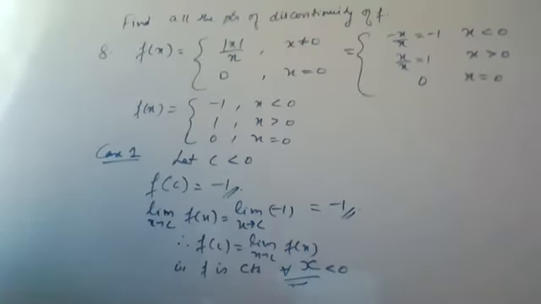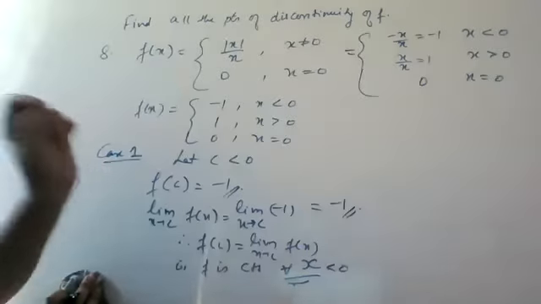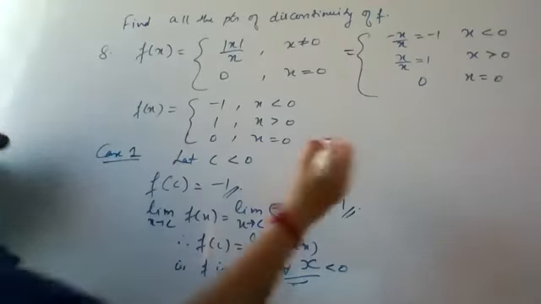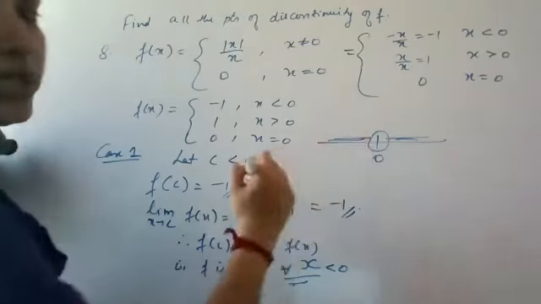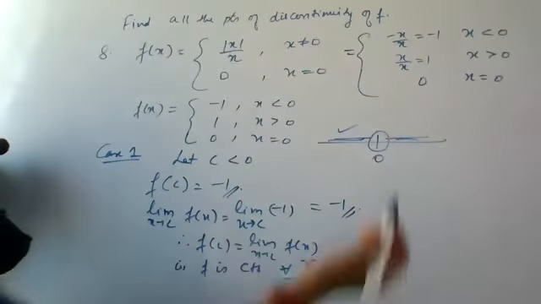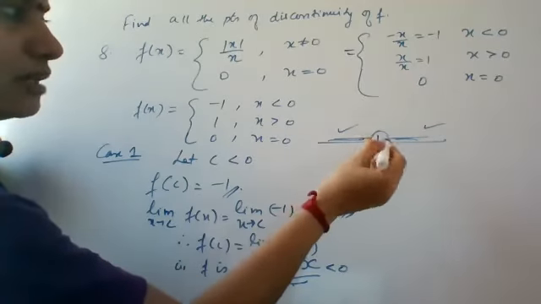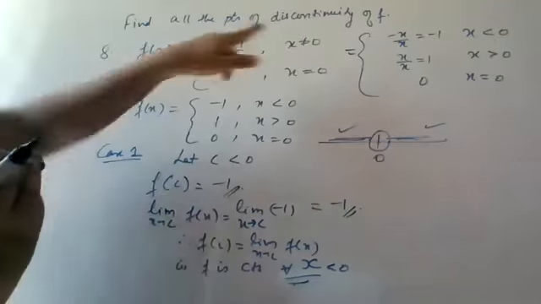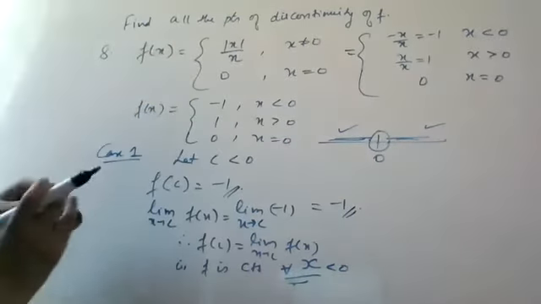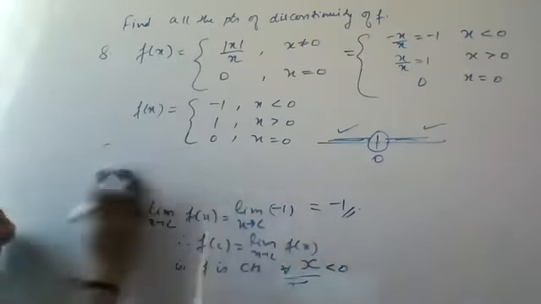Clear? Now the case 2 is you have to go for the point at x equal to 0. यहाँ पे अभी ऐसे है 0, less than 0, greater than 0, and at the point. So less than we have checked, greater than we need to check, and at the point. At the point में क्या होता है, उसके left में दूसरा value, right में दूसरा value होता है. तो वहीं पे होता है जो variation आता है. Discontinuity का अगर variation होगा तो वो उस point में आता है. ठीक है, बाकी सब हमेशा ऐसे ही आता है, continuous होता है.